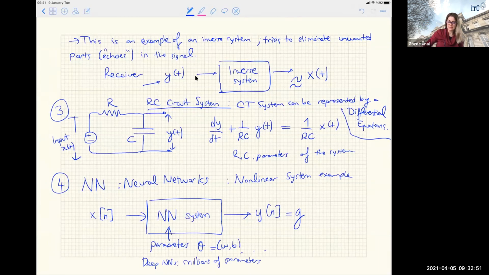So for instance, I can say G of theta x, where theta is a matrix that maps the input to an output, x is a vector, and then a nonlinearity,